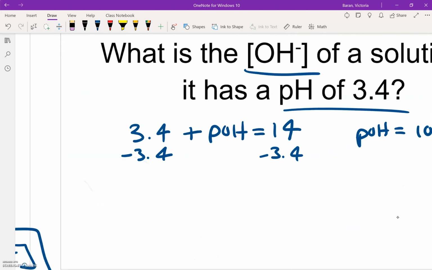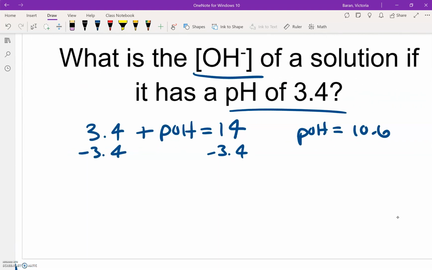I just think this way is a little bit easier because it's less things you have to plug into your calculator. So the OH minus concentration, which is what we're solving for, is 10 to the negative pOH, which we got to be